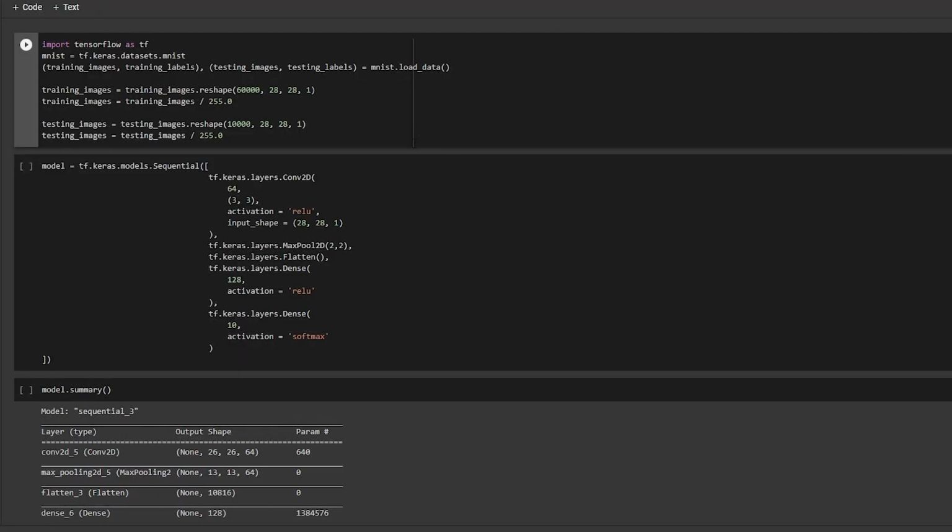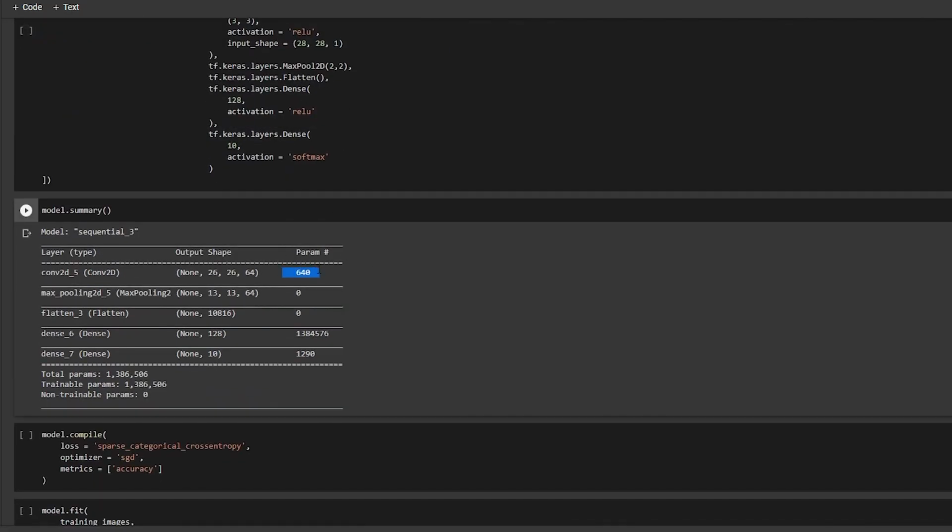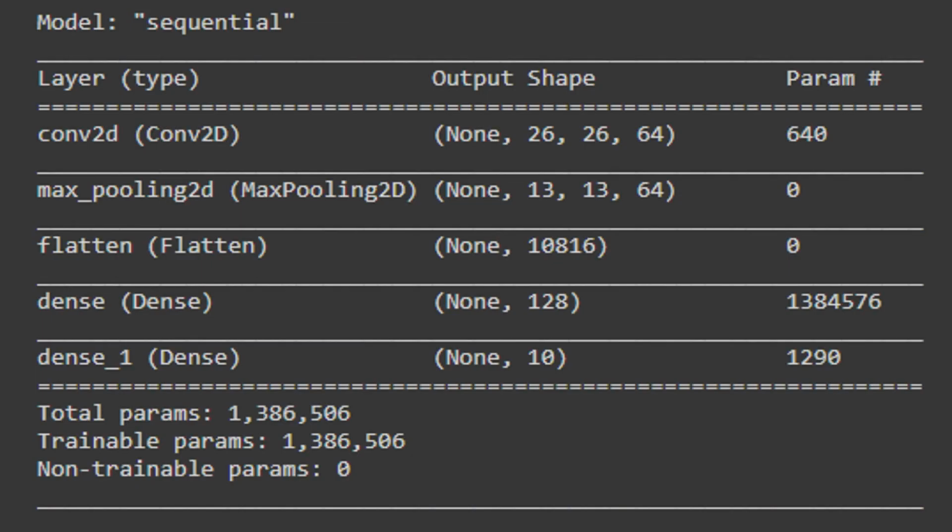If you remember, in the last tutorial we covered a simple convolutional neural network that classifies digits. Today my motive in this video is to show you how these parameters that you can see over here are calculated. It says the convolution layer is 26, 26, 64, and out of nowhere it gives us 640. So how is this really happening? Let's say this is the model summary that I am getting.